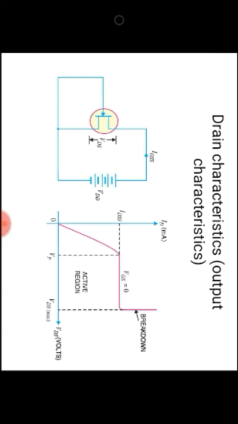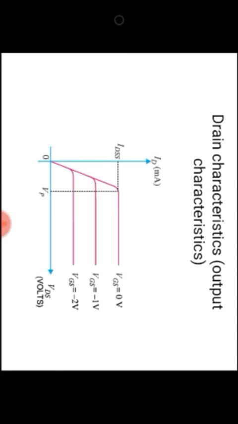So that's why the constant current is flowing after the pinch off voltage. So this is the graph or characteristic at VGS equal to 0. Now if we further increase the VGS on the negative side, suppose the VGS is equal to -1, your depletion layer at the gate is increased, right, and it will decrease the channel width, so your maximum drain current is decreased. Okay, as you see in the figure, the maximum drain current is decreased.